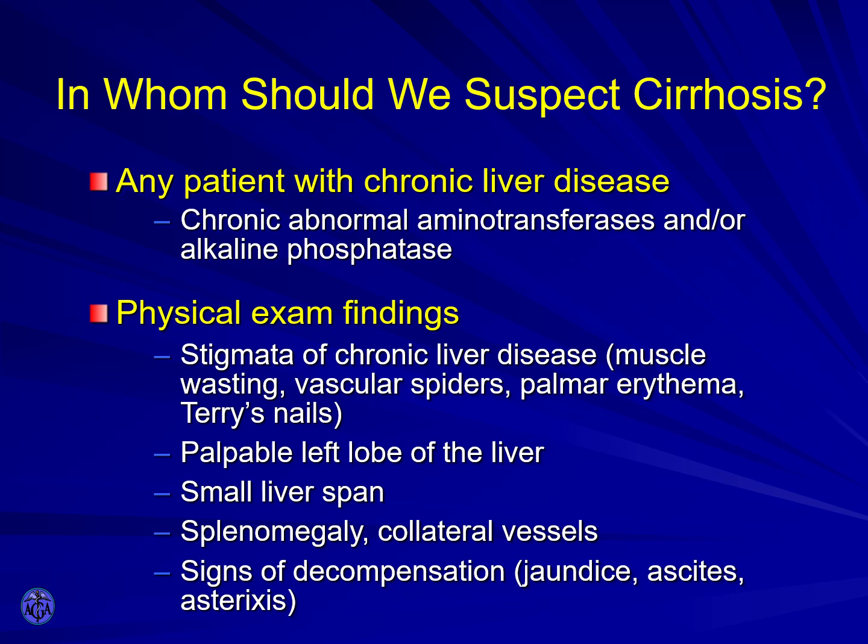So in whom should we suspect cirrhosis? In fact, any patient with chronic liver disease who has chronic abnormal AST and ALT and or alkaline phosphatase, or if on physical exam you have findings of chronic liver disease, meaning muscle wasting, vascular spiders, palmar erythema, a palpable left lobe of the liver, a small liver span on percussion, if you find a splenomegaly or collateral circulation, mainly